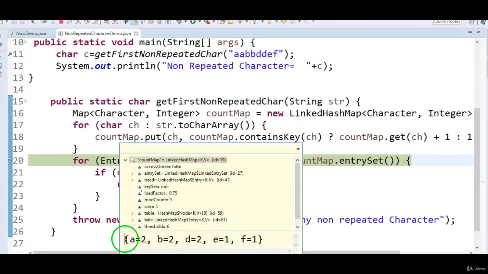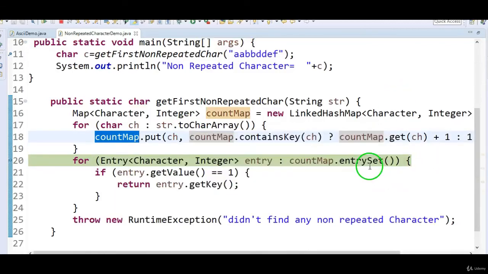Now iterate through this map and check where we are getting this value 1. In the first iteration, A's value will be 2. Is it 1? No, right? So I am looping through this map and getting the value, and checking whether it is 1 or not.